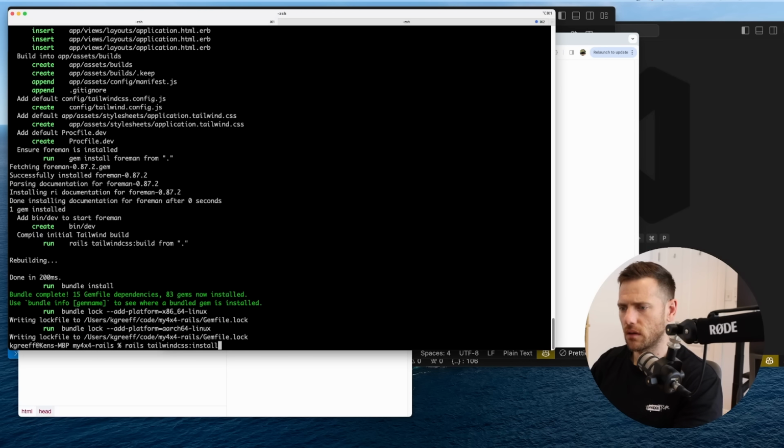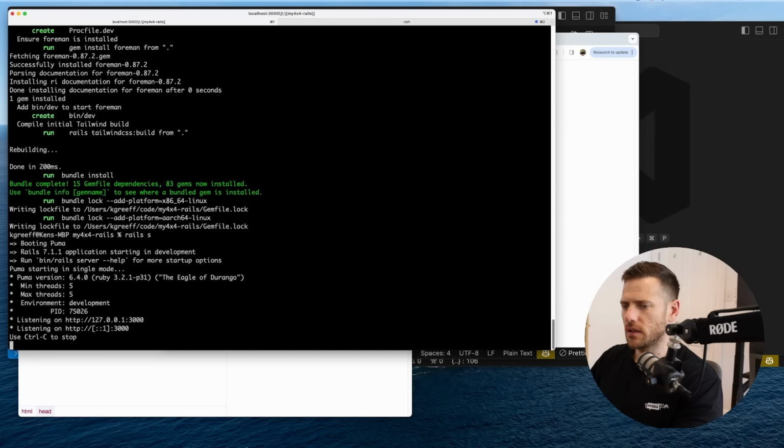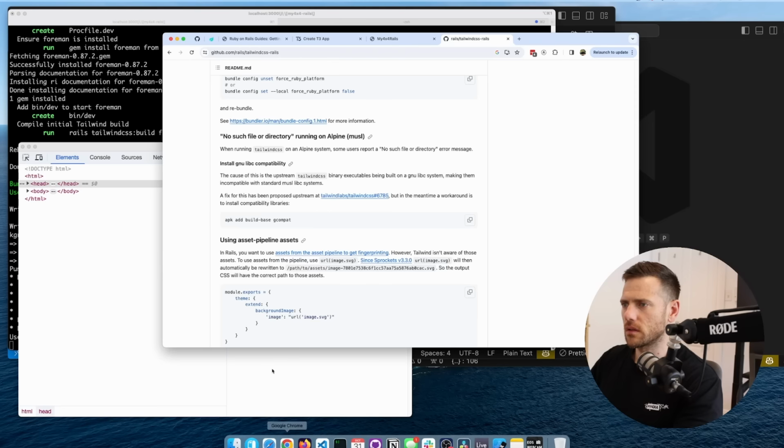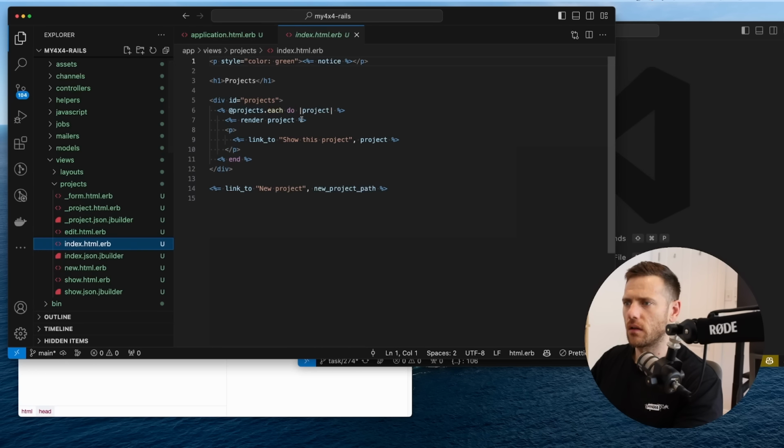So if we run rails s, I'm just wondering if we need to run using the new file. It says compile initial Tailwind build. So let's see if we can actually use this. We're going to jump in here. We are going to go to our projects. We're going to go to the index file, and we're going to say class equals. I'm coming from React here and I'm trying to write className in my head. Let's say, we're going to say